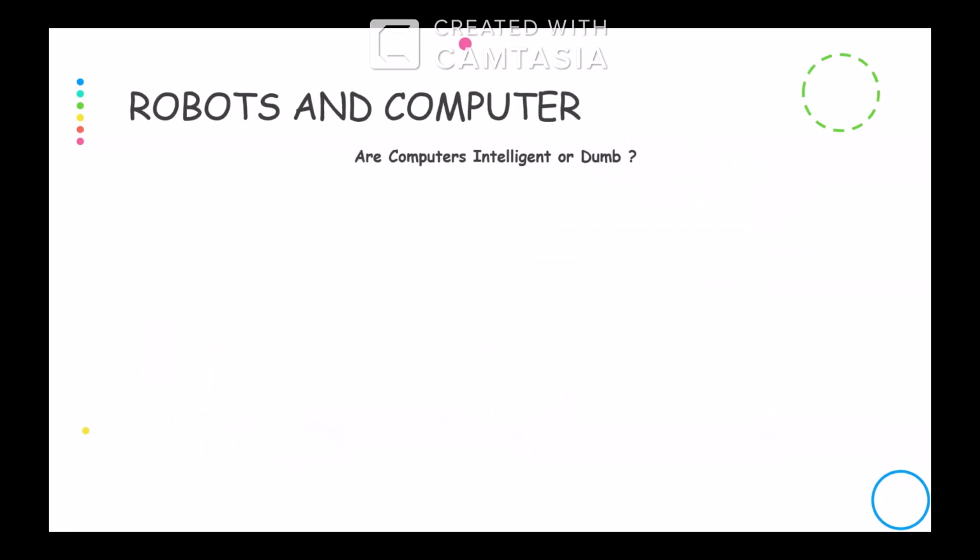And what are the major properties of a computing device, or devices within the computing family? So if you look into the intelligence of these devices, the question is, are computers intelligent or dumb? Okay. Definitely the answer is that computers are dumb devices, because we need to instruct computers to enable them to perform any task, right? So computers are dumb devices, but we are all very much dependent on computers, right?